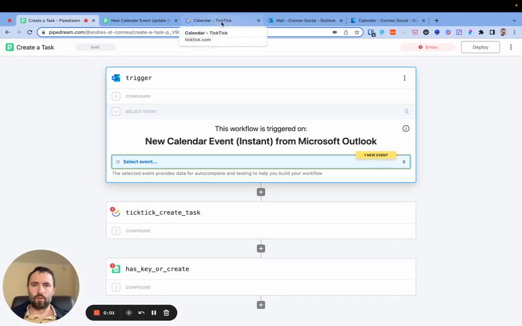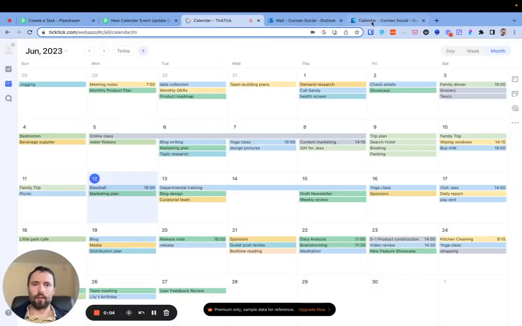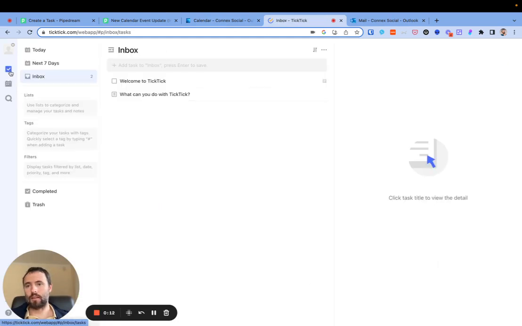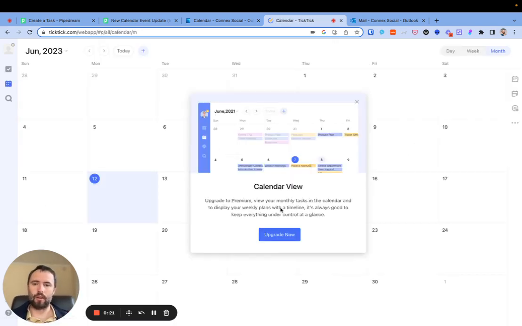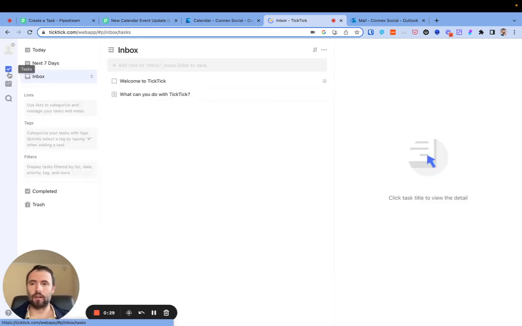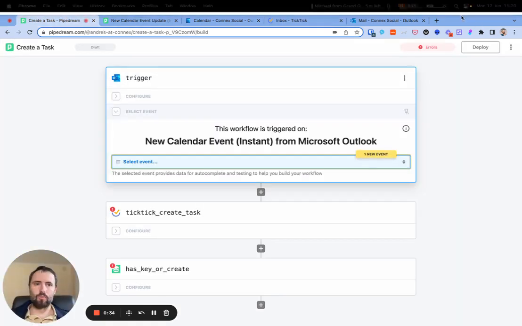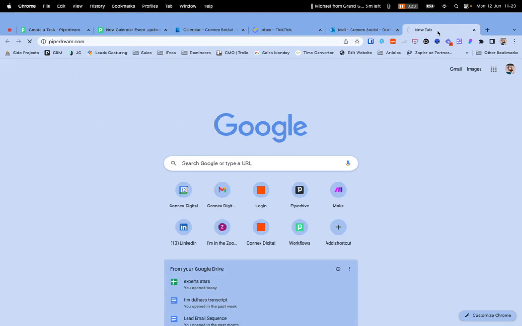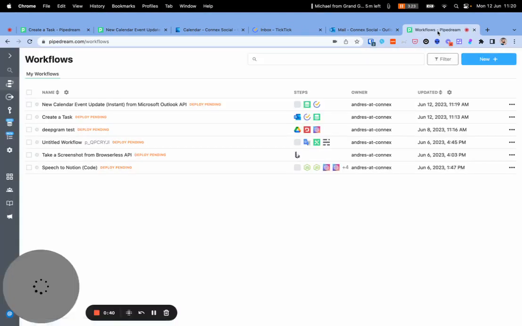I wanted to show you how to sync Outlook Calendar to TickTick. In TickTick, there is a tasks list, and whenever a task has an end date, it will show up here in the calendar view. You need to upgrade to have this calendar view, but you can start syncing tasks nonetheless, and they will show up here. So basically, we're going to use Pipedream, and you go to pipedream.com to create an account for